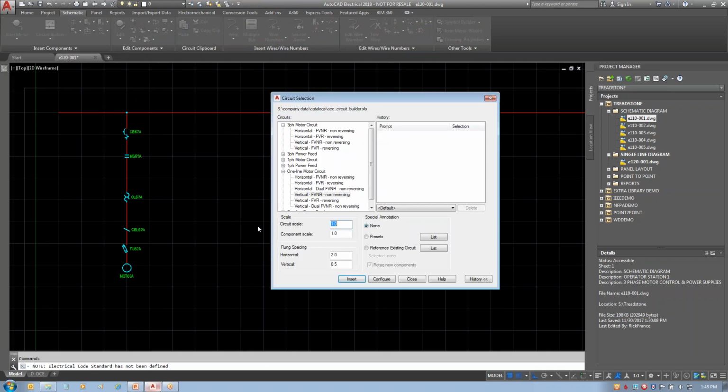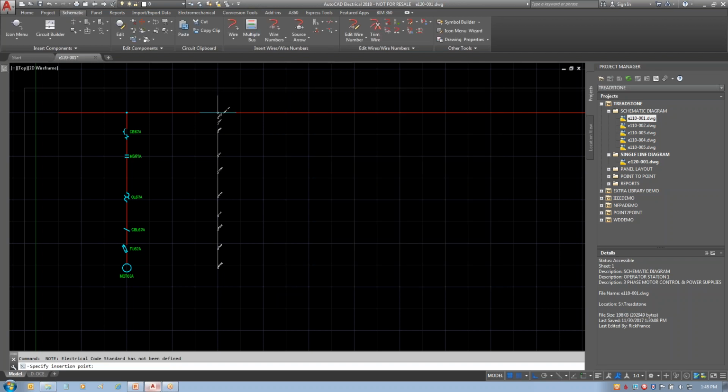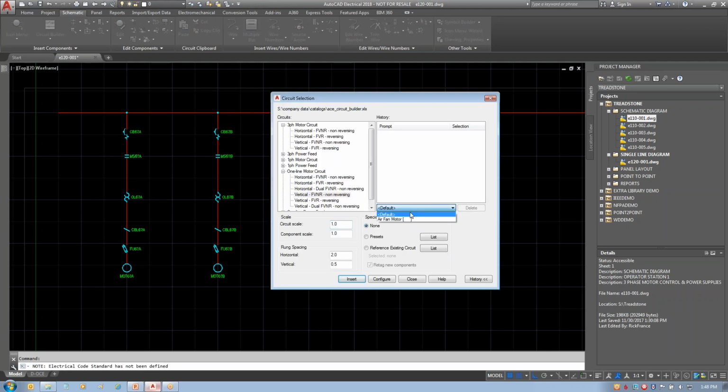I've got a secondary, tertiary, so I'm going to go ahead and come back into the circuit builder, but this time I'm going to come from history here and pick the air fan motor. Now if you don't see that, it's because the history has been collapsed, so you may have to open that up in order to find that. I keep mine open all the time because I create a library of these that I can use on job after job. I pick the air fan motor from my history, hit insert. We'll go ahead and place the secondary one in here, and then I'm going to come back here and put the tertiary one